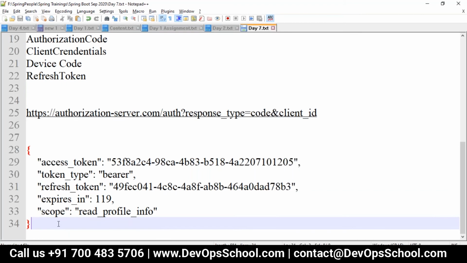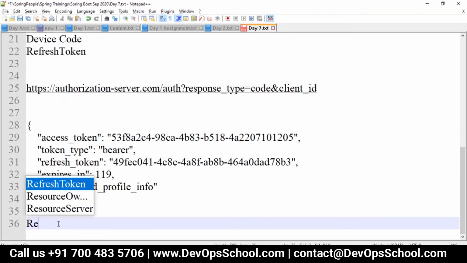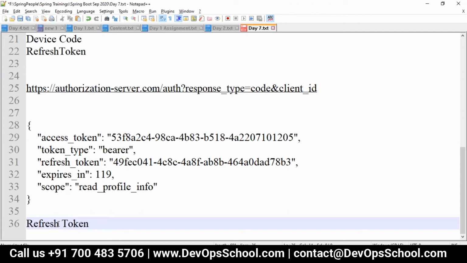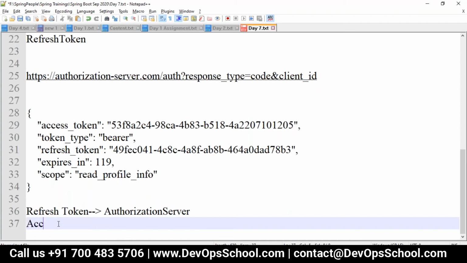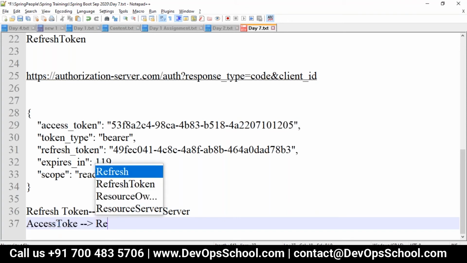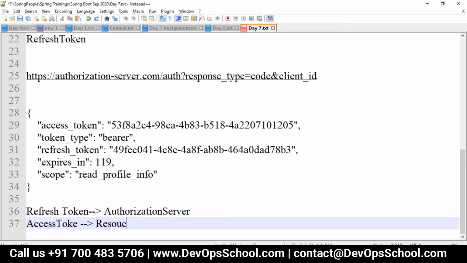The refresh token goes back only to the authorization server, while the access token goes to your resource server. The resource server validates it again, so that takes more time. The access token will give the access to your API.